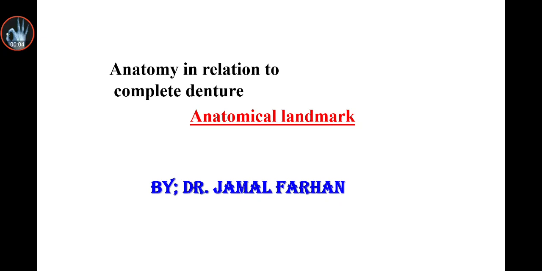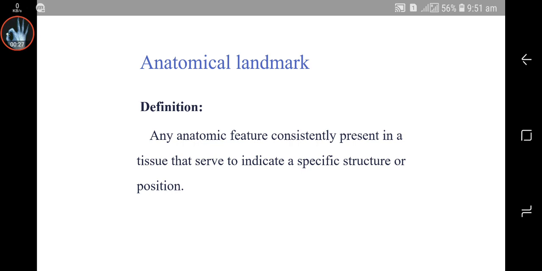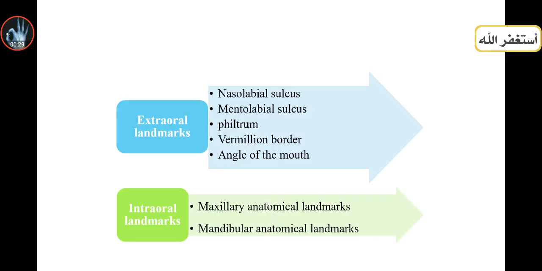بسم الله الرحمن الرحيم. We will continue on the anatomical landmark. In the previous lecture we talked about the extraoral landmark. في المحاضرة السابقة احنا تكلمنا على الاناتوميكال landmark والأعضاء أو الأجزاء اللي مهمة عشان نحدد اللاندمارك أو الحدود تبع الدنشر. عرفنا الاناتوميكال landmark وقلنا definition تبعه.